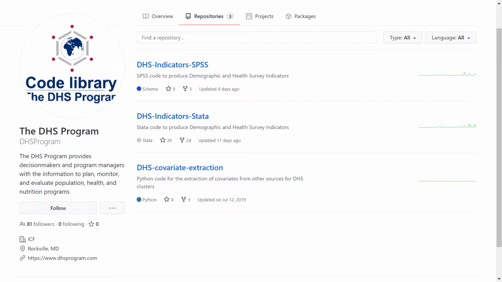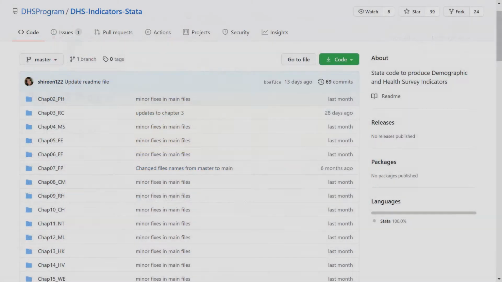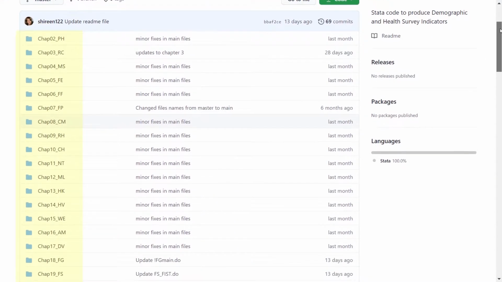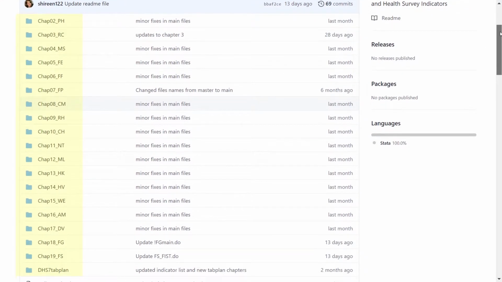This video will explain the contents of the Stata and SPSS repositories. Let's first take a look at the Stata repository. In each repository, there are many folders and files with different resources to help data users. Starting with the leftmost column, we see folders with chapter names from Chapter 2 to Chapter 19.